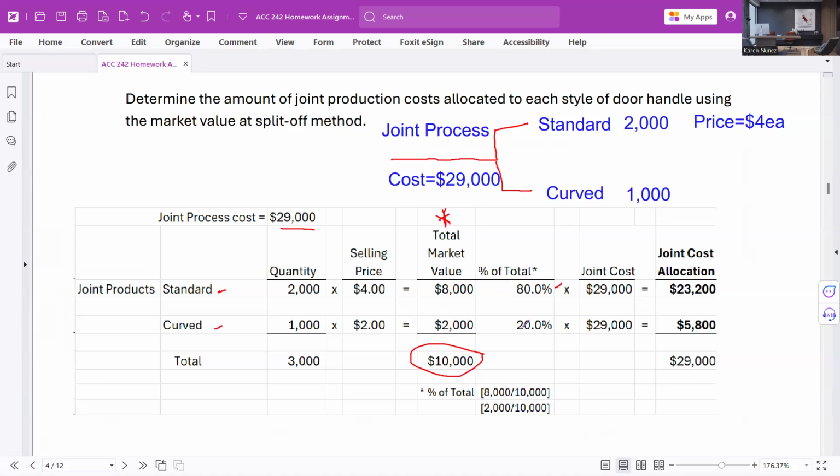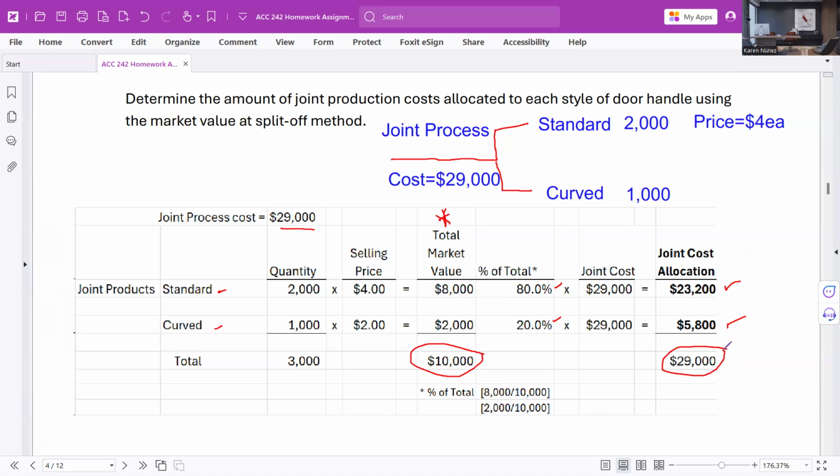2,000 divided by 10 is 20%. Just multiply times the joint cost. 80% times 29,000, that's the allocation to the standard product. 20% times 29,000, 5,800 is the allocation to the curve product. Put it all together, that's the allocation of our $29,000 to the two joint products using the market value at